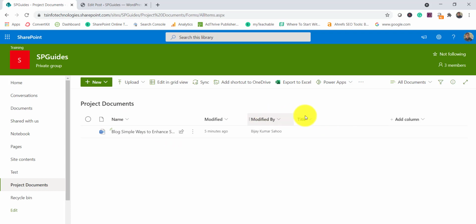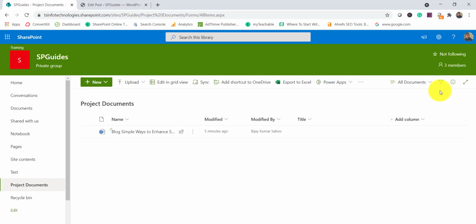So don't misunderstand this, because here is why it is coming. When we made that hidden, it will be hidden from the forms, like your new form, edit form, and display form. From there it will be hidden, but in the view you have to go and uncheck this option from the view itself. So that's how we can do it here. Now this is about how we can hide it, or how we can make it optional. Those things we can do.